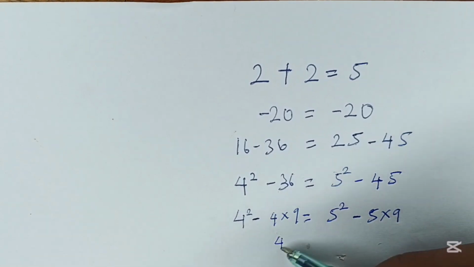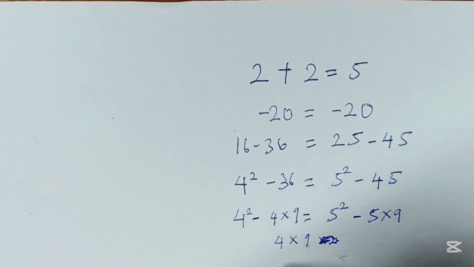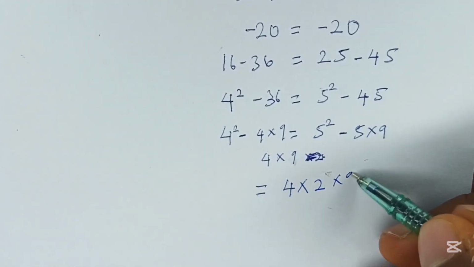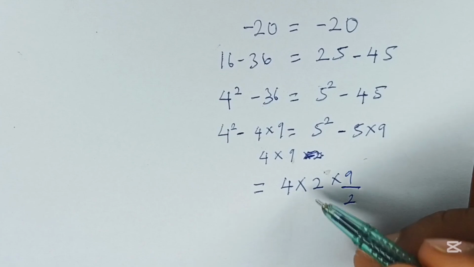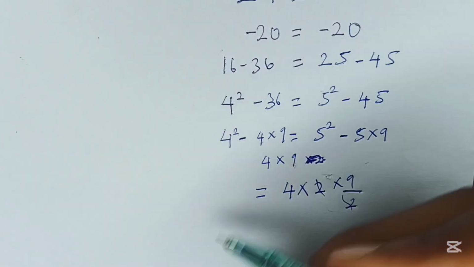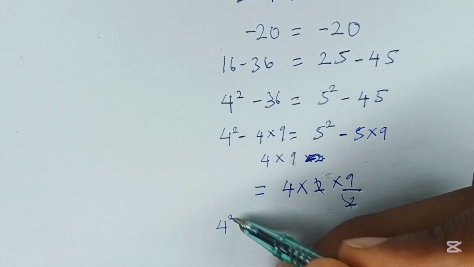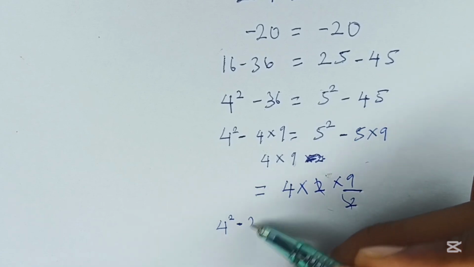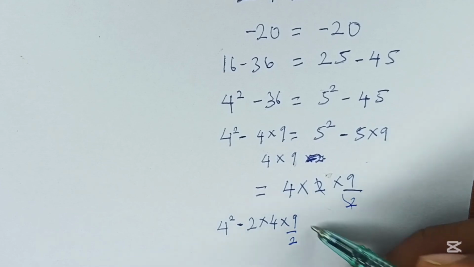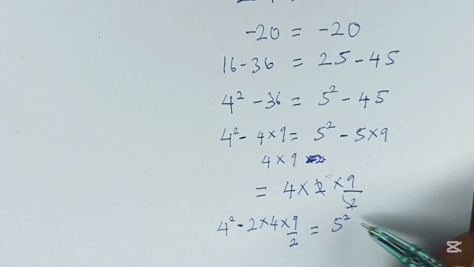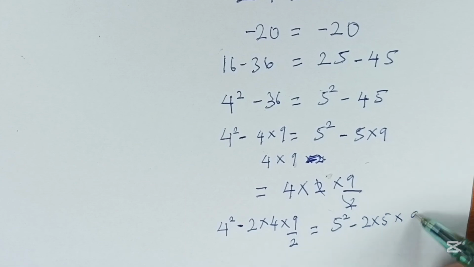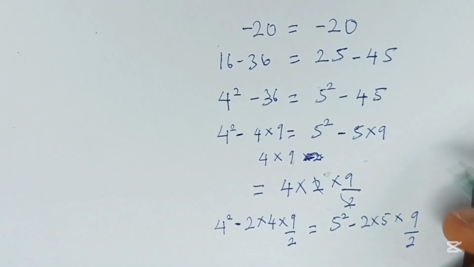If we look at 4 times 9, 4 times 9 can also be the same thing as 4 times 2 times 9 over 2, okay? So 2 can strike 2 and you have 4 times 9, right? So you can go ahead and replace this with 4 squared minus 2 times 4 times 9 over 2 to be equal to the same thing here, 5 squared minus 2 times 5 times 9 over 2. Okay,